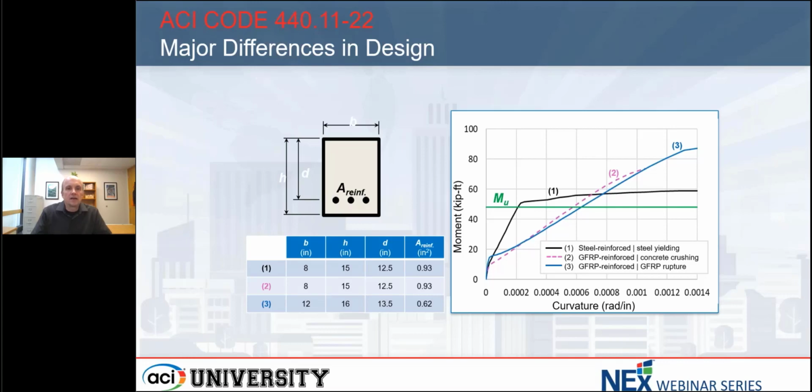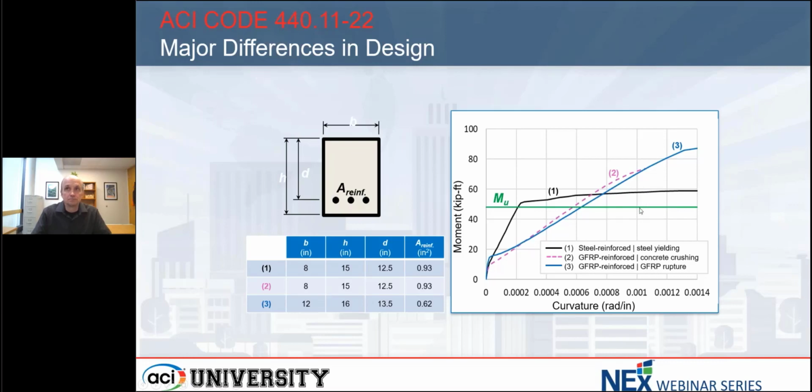And then the black line is what we would typically design a steel reinforced concrete beam to be. And then these two lines, 2 and 3, are what we would design a GFRP reinforced concrete beam to look like. So the GFRP reinforced concrete beam has to have a higher strength so that we have higher reserves of capacity before we encounter a failure of the